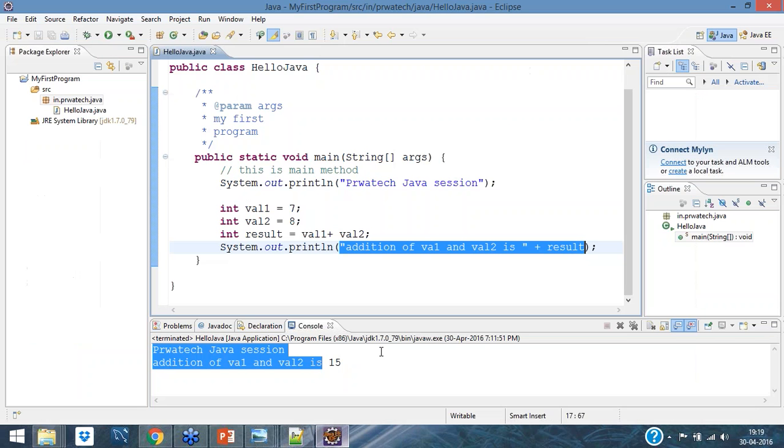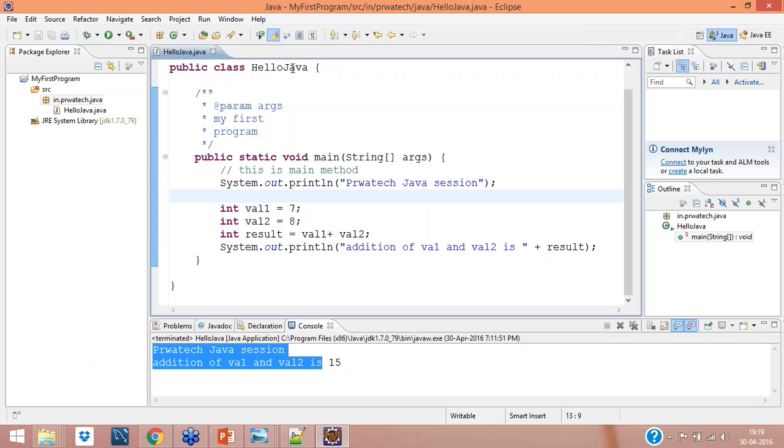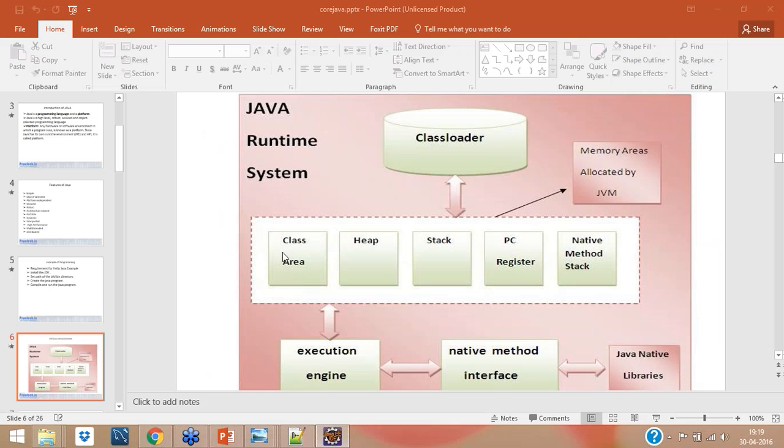Class area will have the methods inside your class, in a specific class. For all classes, whatever classes you are giving to run, they will have the method information and the field information. These are the fields, this is the method. All this information will be inside the class area. As I told you, your plate will have food, but it will be different. Your class is maintained here.